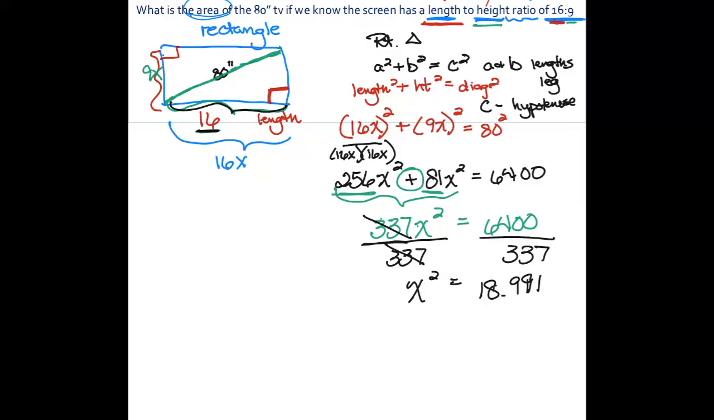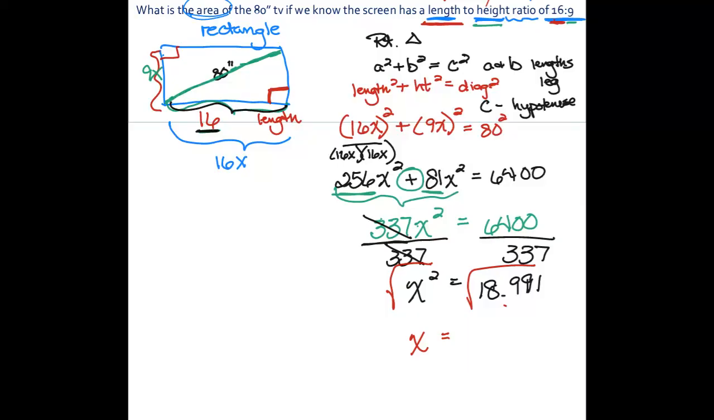That's why I didn't want you to round, because whatever you got for an answer, you need to then take the square root of that as it is. That gets you your most precise, accurate answer. So x here is equal to,